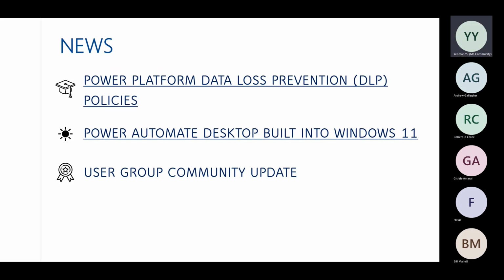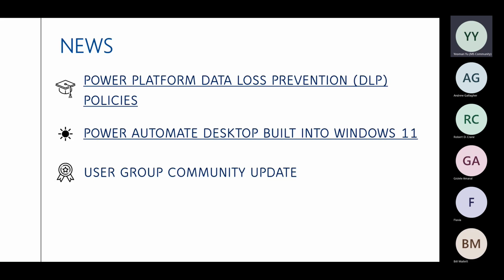Windows 11 is a fairly new operating system, but more exciting is, if you remember my introduction to Power Automate Desktop in a previous webinar, you already noticed how useful that is, and possibly to anything that you do based on what you're doing on your desktop.